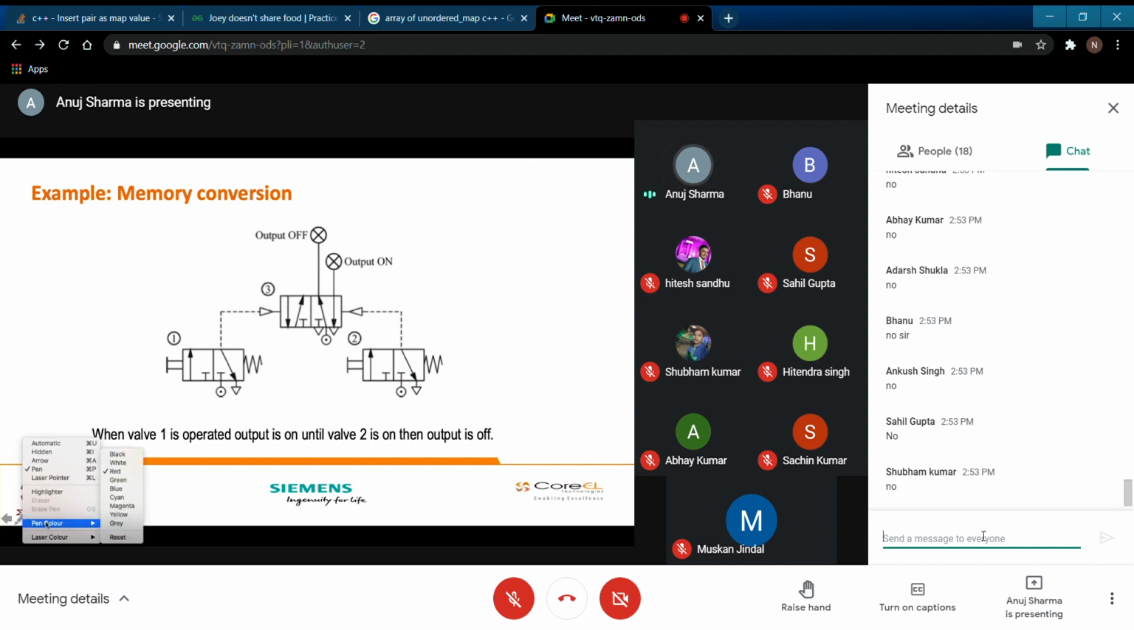Let me use a red pen: 1, 2 and output. Again, your 1 was 1, your 2 was 0, your output was 1. Now, in a condition when your 1 is 0 and 2 is 1,